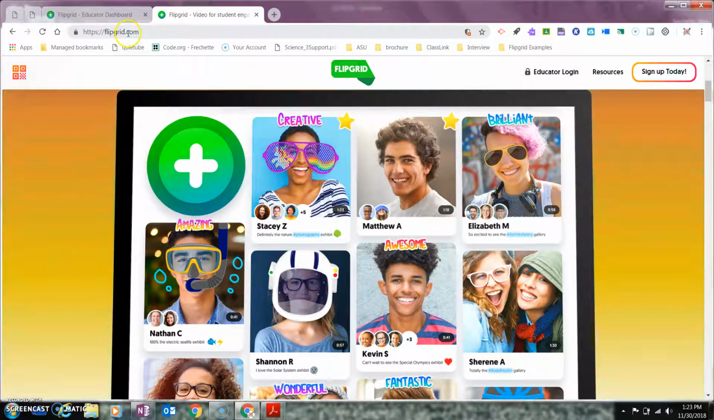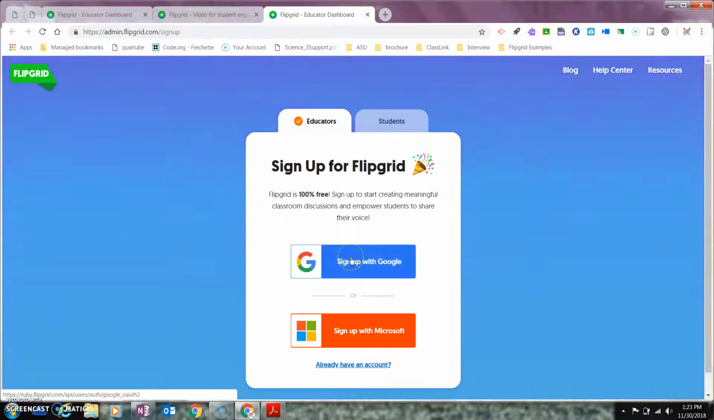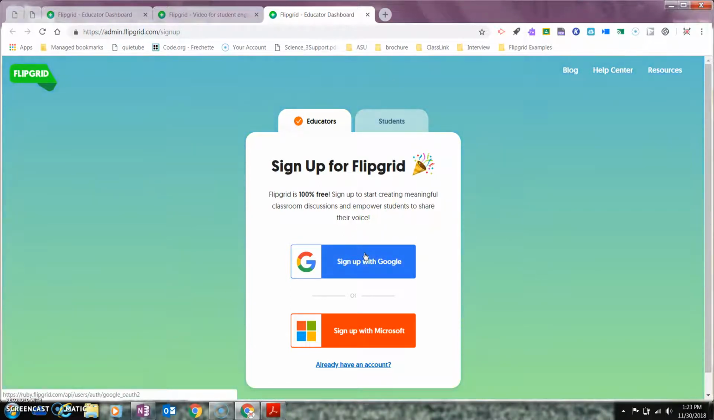So again, you're going to go to flipgrid.com. If you don't have an account, you're going to go over here to sign up today. When you click on sign up today, you will notice that the default is educators, and I'm just going to click on sign in with Google. Since I already have an account, if I click on sign up with Google, it's going to take me right into my account. For you, when you click on sign up with Google, you're going to get prompted and you're going to see your school organizational email account that's associated with Google, you're going to click on that,